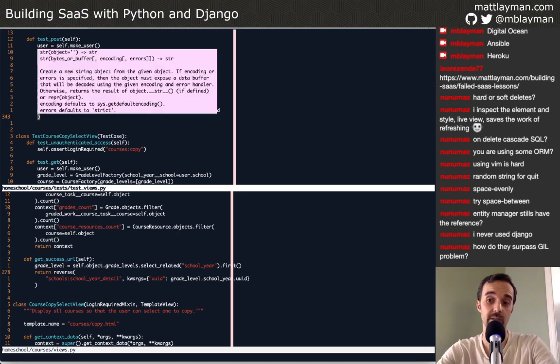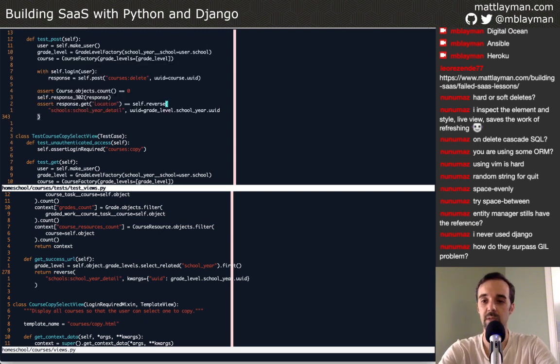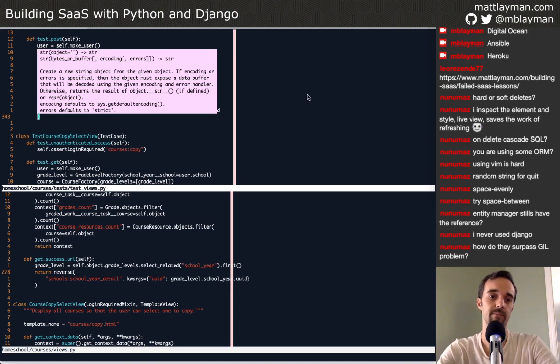How do they surpass the GIL problem? Good question. The primary mechanism is through multiple processes, is the short answer. And well, okay, the slightly longer answer. So there's two ways about this. So when a Django application runs, and I'm talking about synchronous Django here. So Django uses